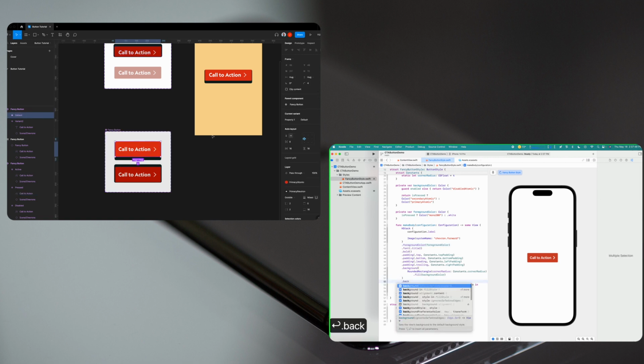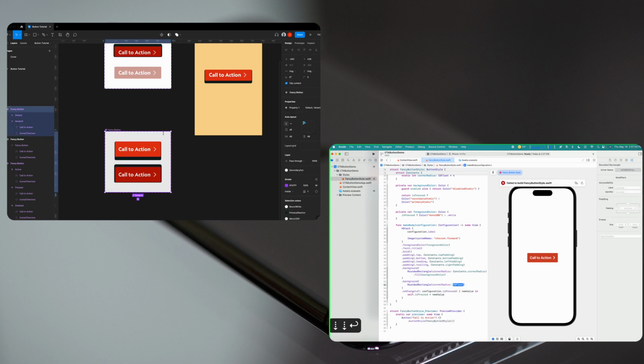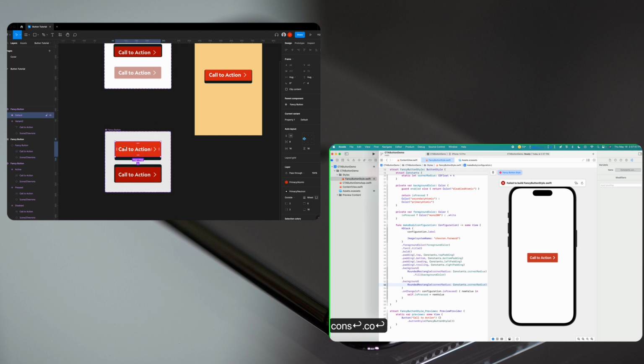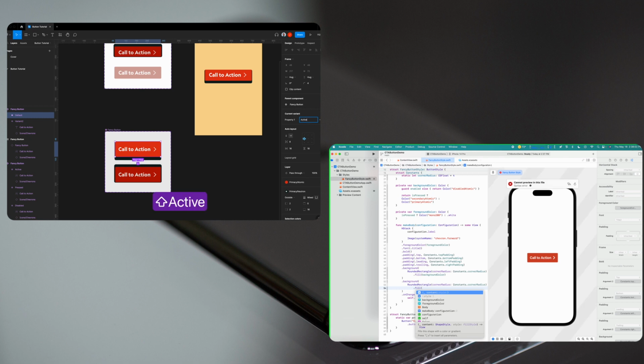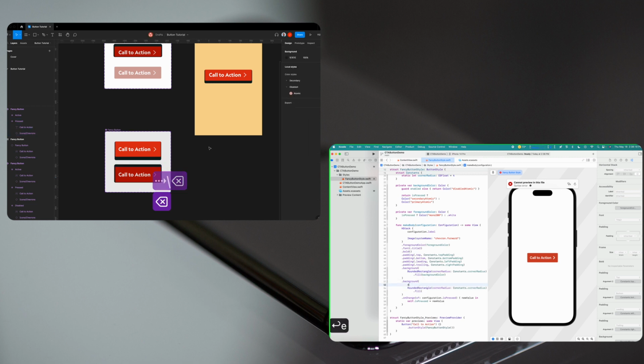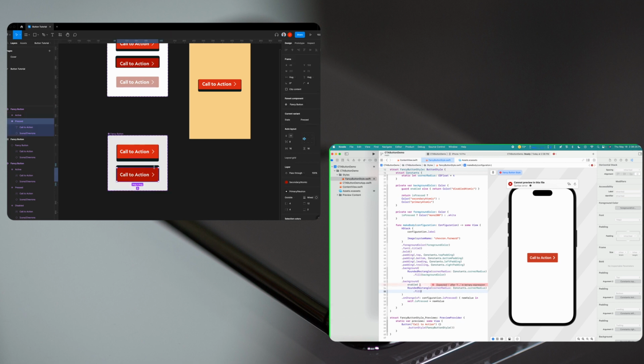So I don't know if you want me to talk through that. Yeah. Let me just walk through my naming conventions real quick, and I will shoot it over to you. So the first button we made, Figma just defaults it to default. So I'm just going to call it active because it's an active button. And the second one, Figma defaults it to variant 2. So I'm just going to call it pressed. And so it says property, but I'm going to change property to state. So it's a little bit more contextual there because it is a state change. I guess it could be a property change. I don't know. But yeah, so that's pretty much what I'm going to do for that,